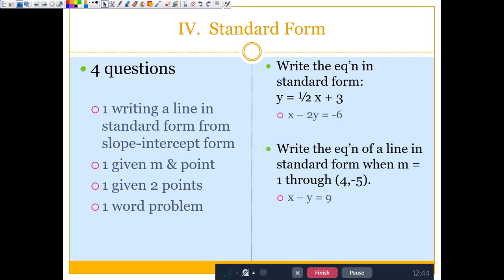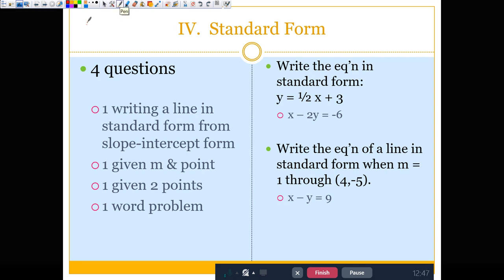So again, standard form is ax plus by equals c, where a, b, c are numbers, and a cannot be negative. What else can we not have in standard form? Fractions and decimals. So a cannot be negative, you cannot have fractions or decimals. So looking at this first one here,